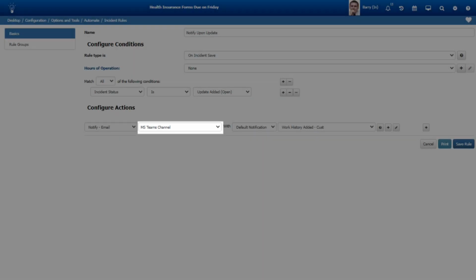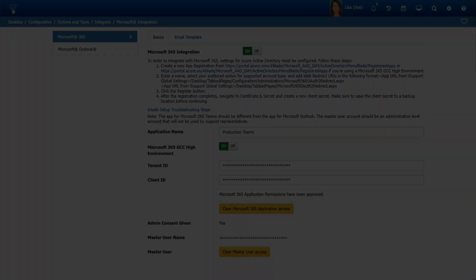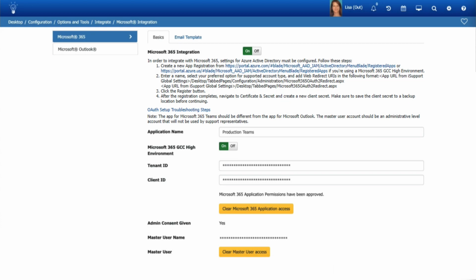You can automatically notify a Microsoft Teams channel recipient via the Notify Email action in Work Item Rules. Use the Microsoft 365 tab in the Microsoft Integration configuration screen to set up the integration. Note that this requires administrator-level access in Microsoft, and the app for Microsoft 365 Teams should be different from the